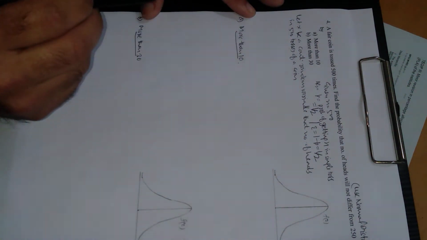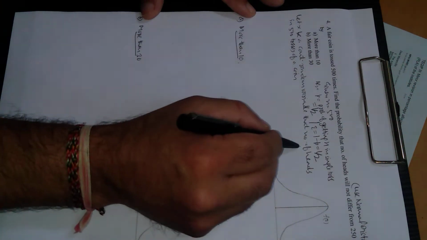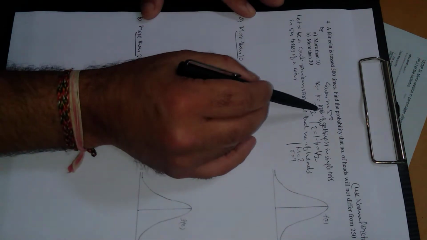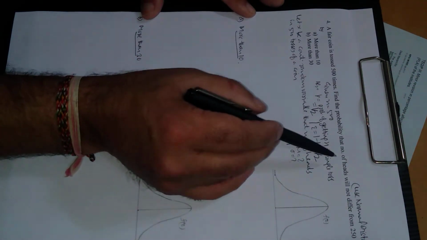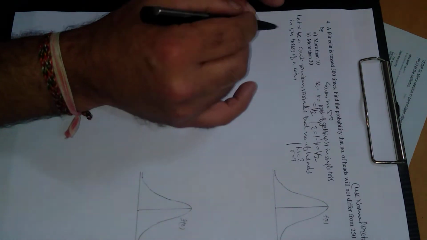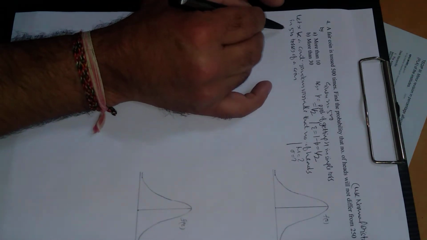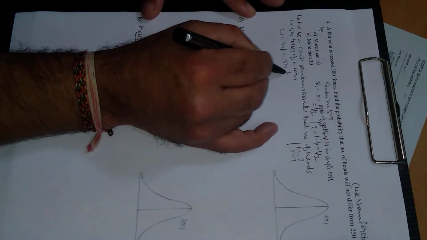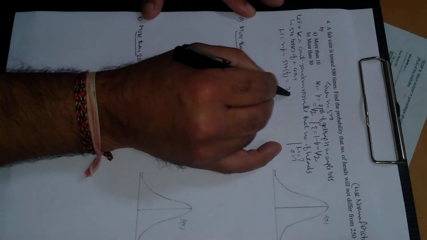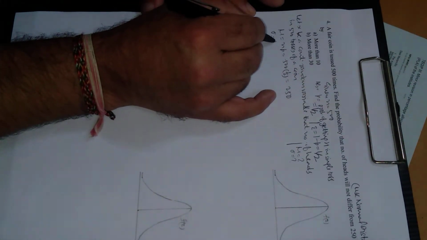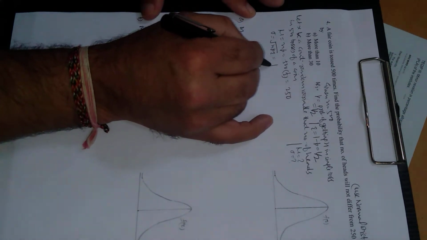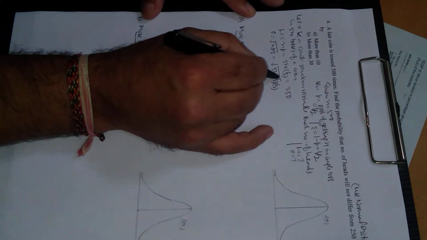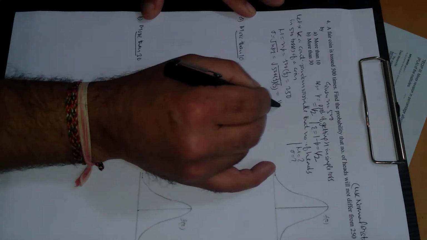In order to use the normal distribution, we need the mean and standard deviation, and these are not given here. Because the probability is the same for all 500 tosses, the mean and variance can be evaluated by using the binomial distribution. So the mean in the case of the binomial distribution is np, this is 500 into half, which is 250, and the standard deviation is the positive square root of npq, this is 500 times 1 by 2 times 1 by 2, which on simplification will give us 11.18.